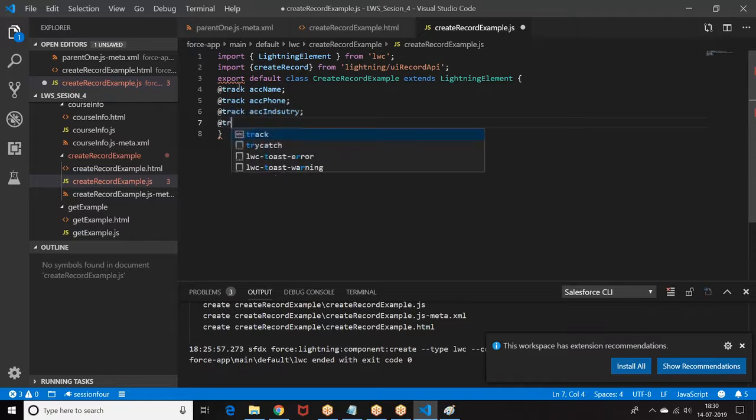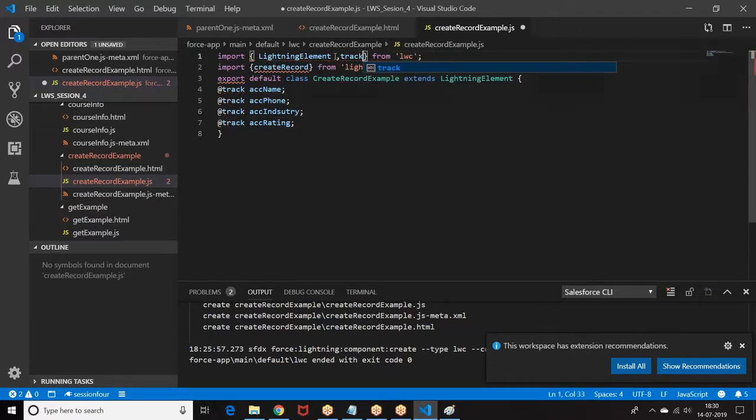Or you can define them as private, because I'm not going to print this data. Because I'm using track, I'm going to use wire also. I'll tell where I'm going to use that wire. This is how I'm going to define it. Then move on to the story.